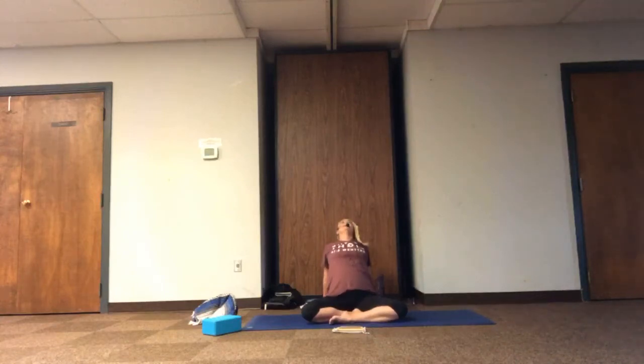Fingertips reaching forward if that's available. Stretching those shoulder blades as close towards each other as our chest opens and our throat and chin reach towards the sky. So we can stay here. You can feel your ribs lifting up a little taller. Maybe even picking up the hips as the lower belly engages, and find as much opening in our front side